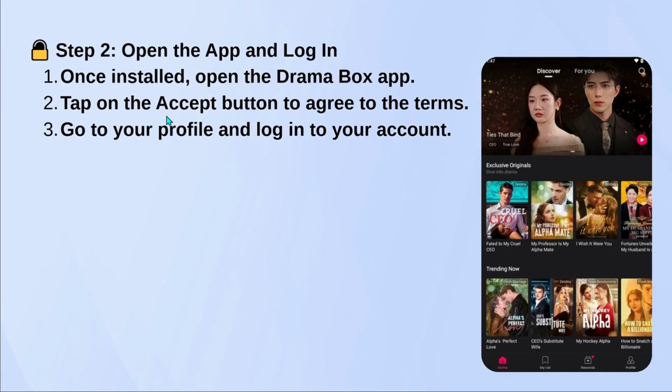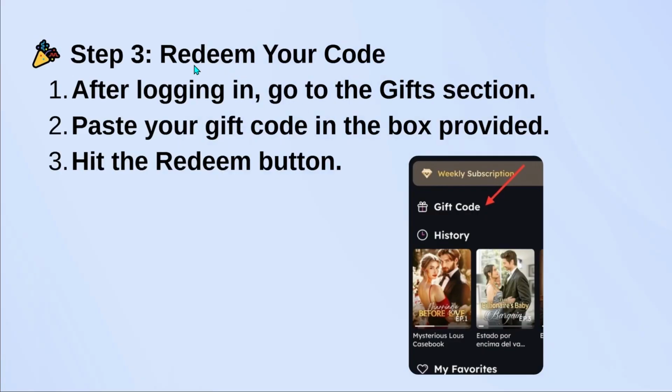Once you're inside the app, go to your profile section. If you haven't created an account yet, you'll need to register first. Creating an account is necessary because gift codes can only be applied to logged in profiles. After you're logged in, look for the gift, redeem, or benefits area. Depending on your app version, the name might look slightly different, but it will always be found inside your profile